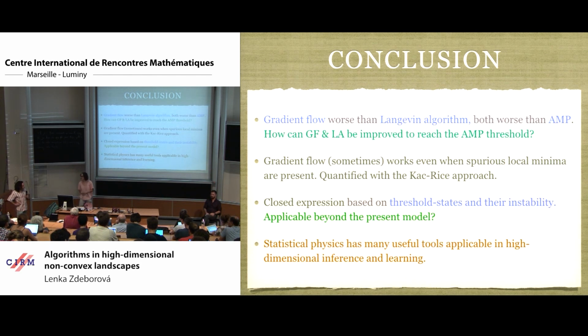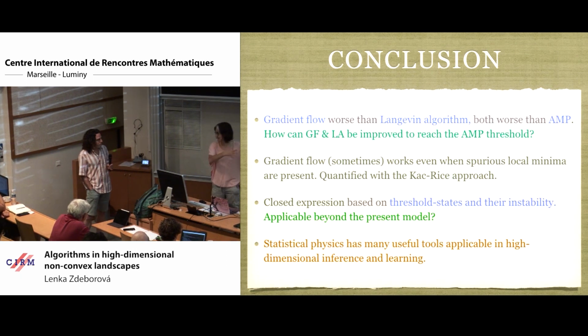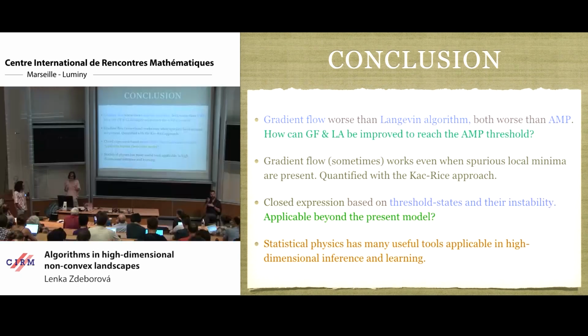Okay, maybe I can ask the dual question about that. So the other sort of natural idea is how can we export approximate message passing into deep neural networks? Yes, so that's a very good question. In slides that I didn't include in this talk, I have a summary of where we are in that.